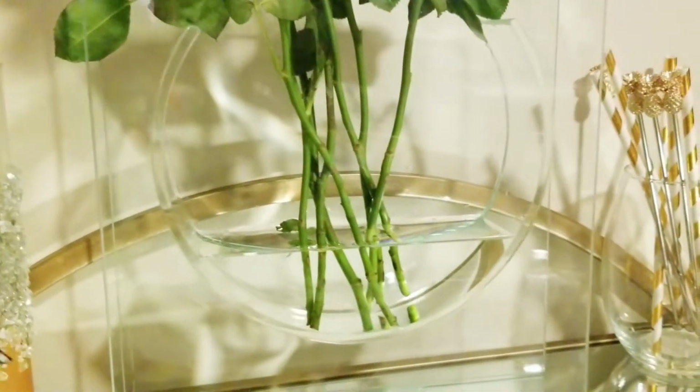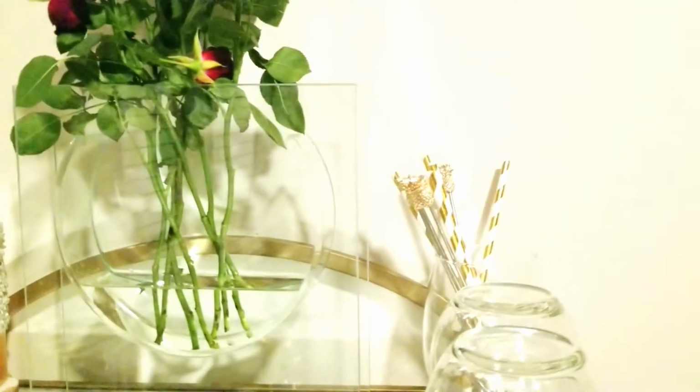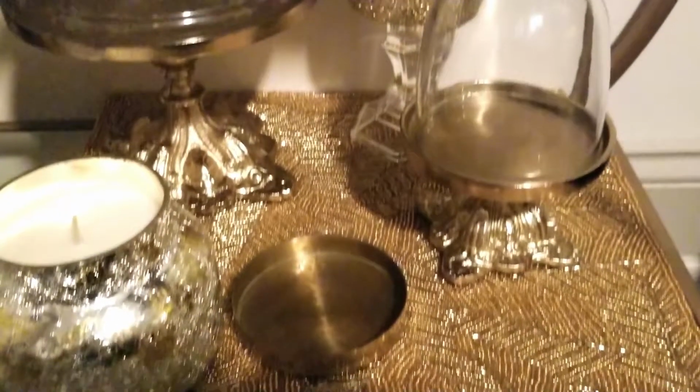And guys, I am obsessed with this. I like getting real flowers whenever I can. It's nothing like fresh florals or flowers in your home. They smell awesome. So on my bottom shelf, or my lower shelf, I'm going to be using a really pretty beaded